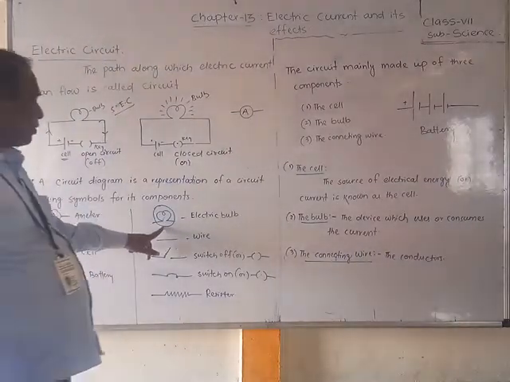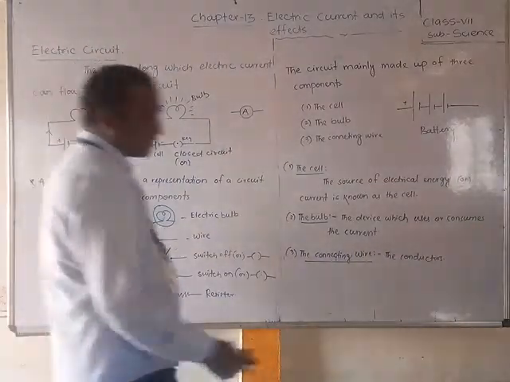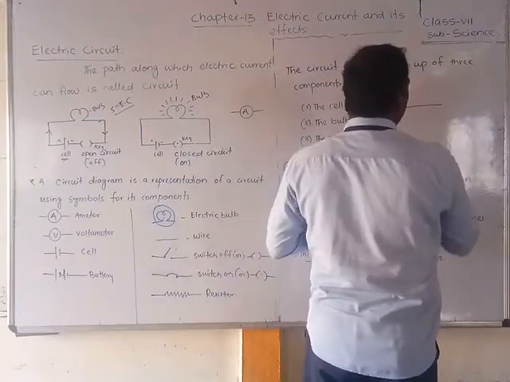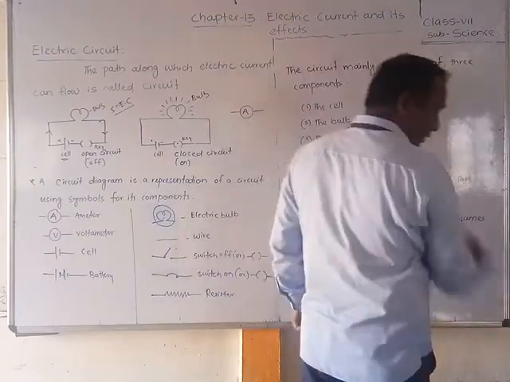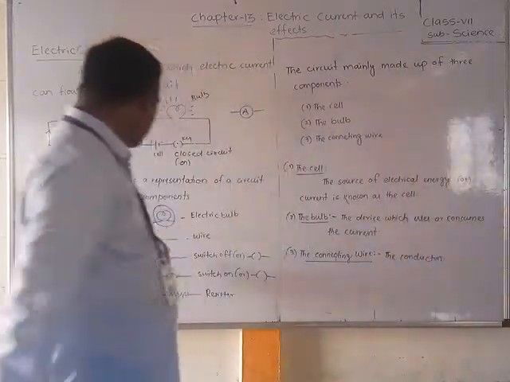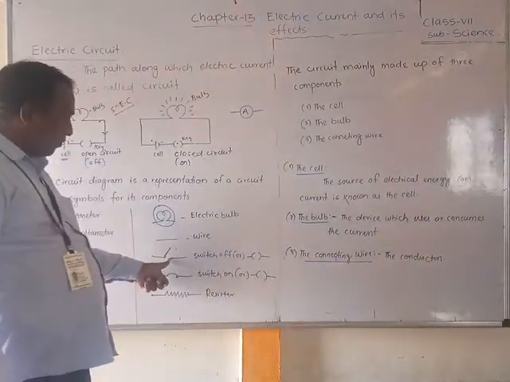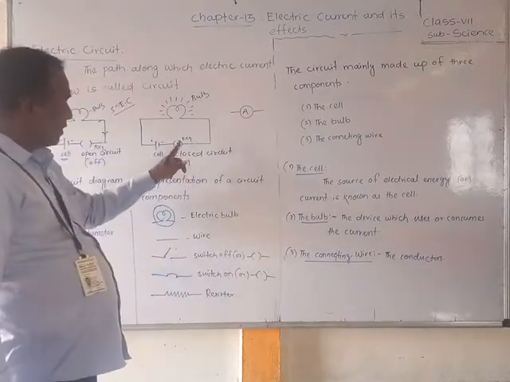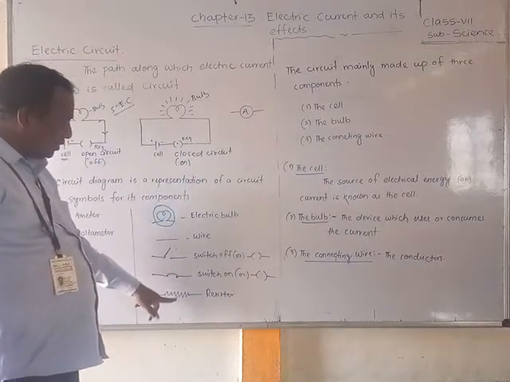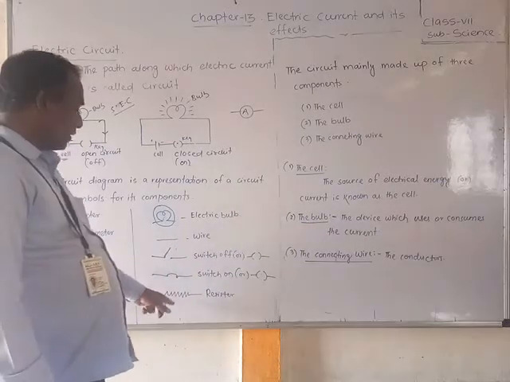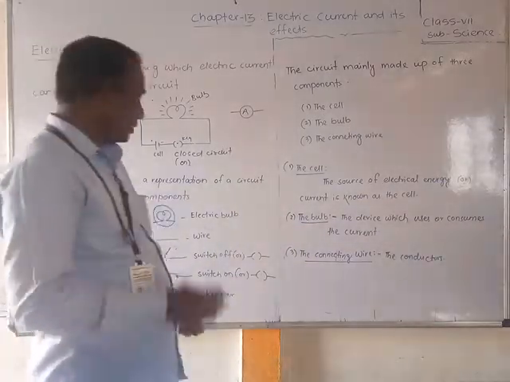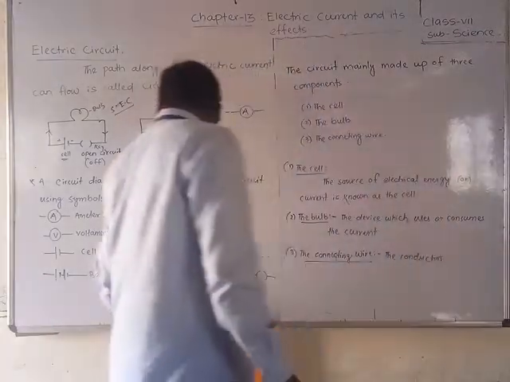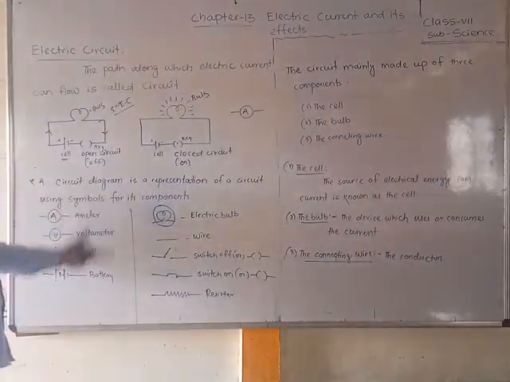Now, I have already told you about the electric bulb. This is a wire, one solid line. A solid line is called a wire, connector or conductor. And this is switch off and this is on, and you can also understand it this way. So this is also a switch and this is also a switch. This is also a resistor. Resistance is used for controlling the current. So these are the symbols of the components.